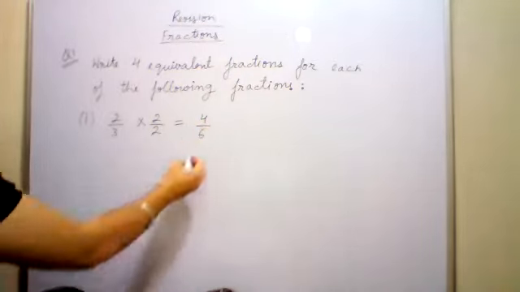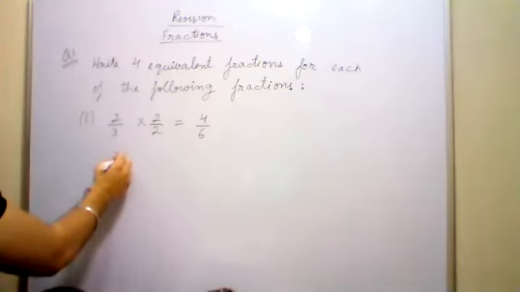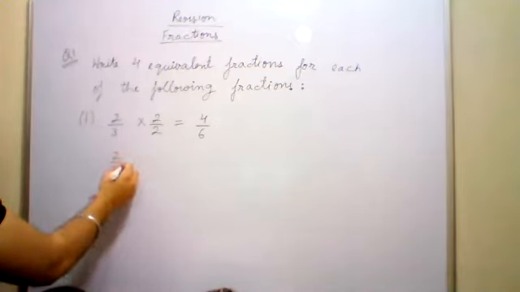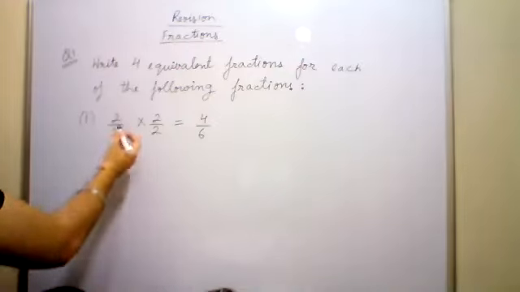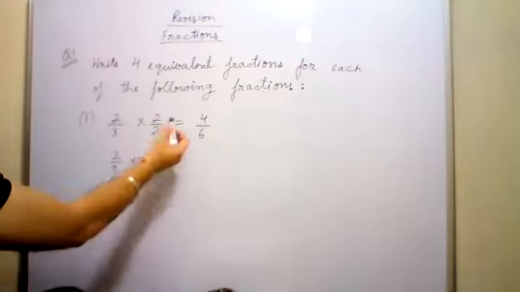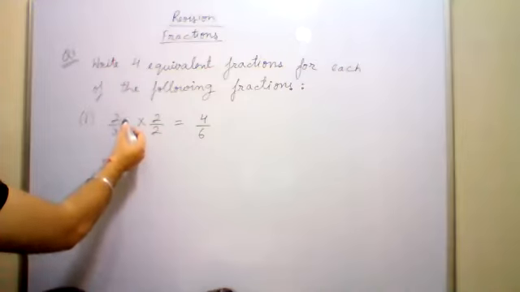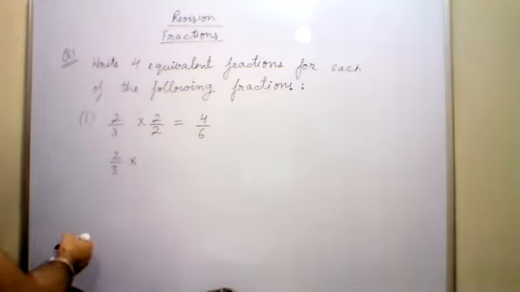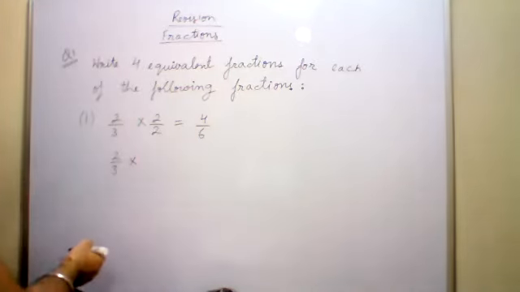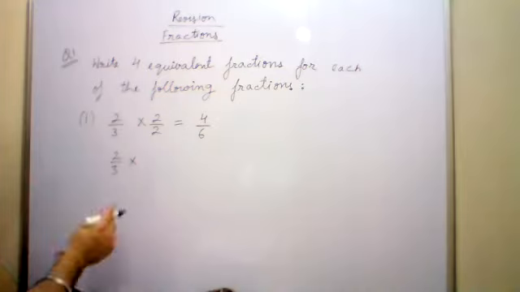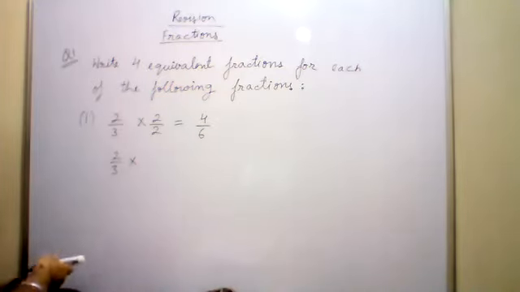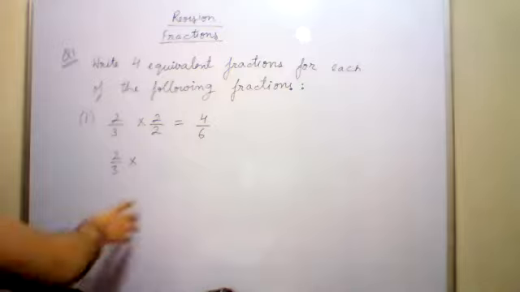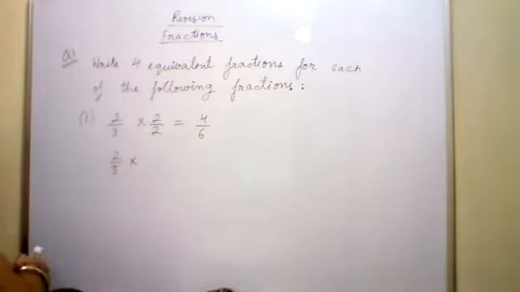So you get 4/6. Why are we dividing 2 into 2? Oh, sorry, multiplying. Beta, we want equivalent fractions. To get equivalent fractions, we multiply numerator and denominator by the same number. Sir, but it is not an equivalent fraction. It is the equivalent fraction. Rishika, it is equivalent. Let me talk to Rishika, please. Yes, sir, it is.